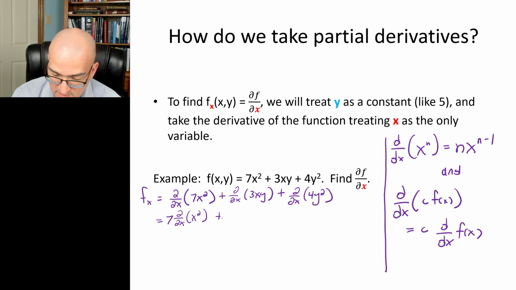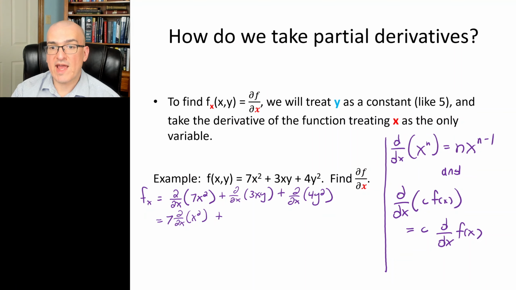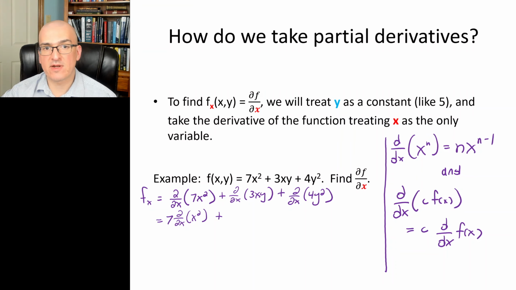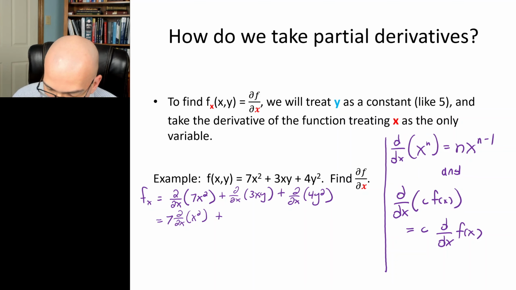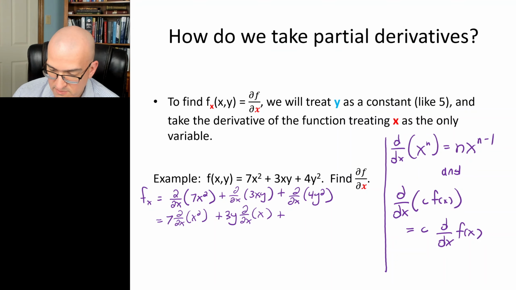The next thing, 3 is a constant, but for the purposes of the x derivative, y is also a constant because y is an independent variable. y is not dependent on x. This is not implicit differentiation. So when I take the 3 out, I'm also going to take the y out with it. So die by die x of x, plus